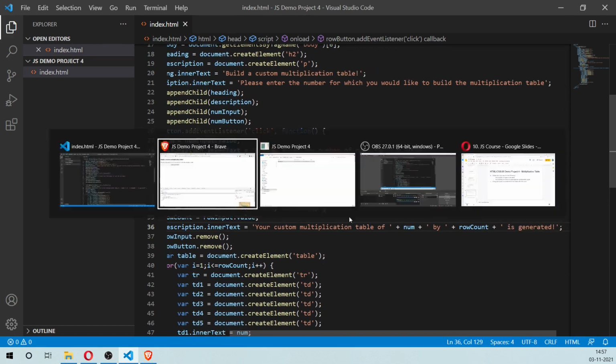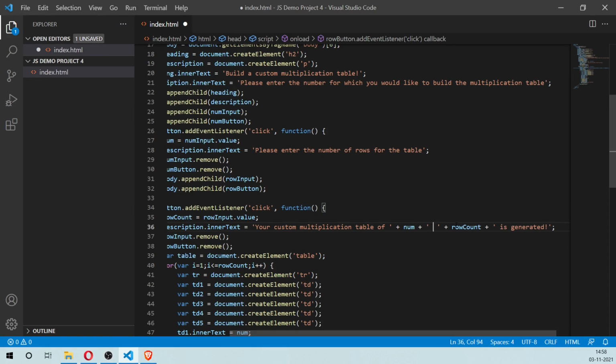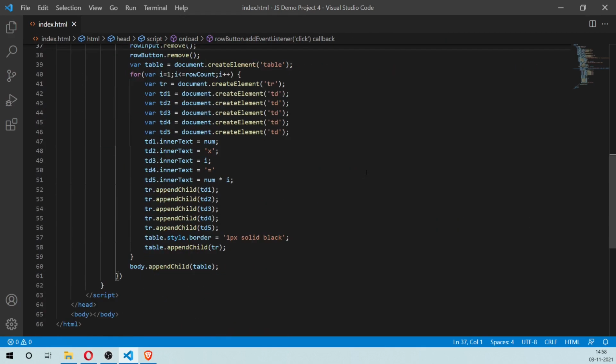Okay, please enter the number of rows here, so we'll say 4. Your custom multiplication table of 3 by 4 is generated with these many rows. So far so good.